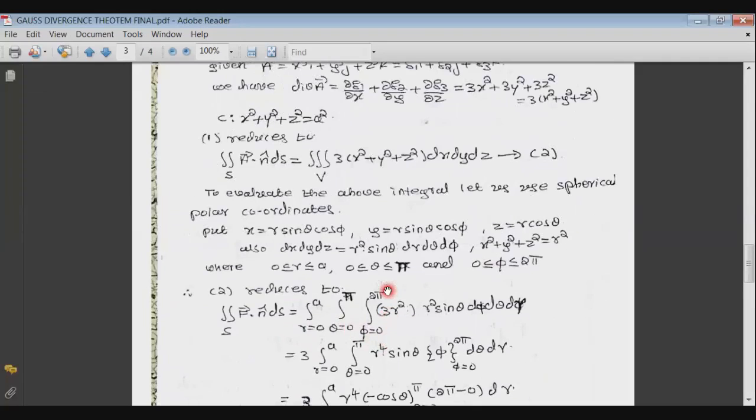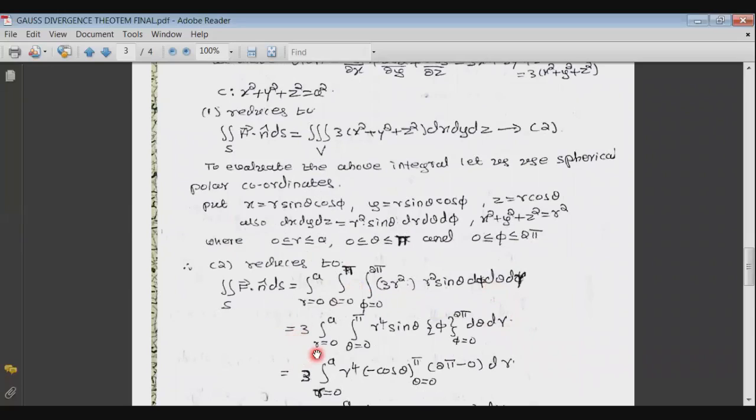Now, once you take these substitutions, with d phi d theta dr as the order of integration, first you have to set the limits for phi. Phi varies from 0 to 2 pi, theta lies between 0 and pi, and r lies between 0 and a. And here it is 3 into x square plus y square plus z square, that is r square, and dx dy dz is given by r square into sine theta into d phi d theta dr. Now, if you take 3 common, r varies from 0 to a, theta varies from 0 to pi,